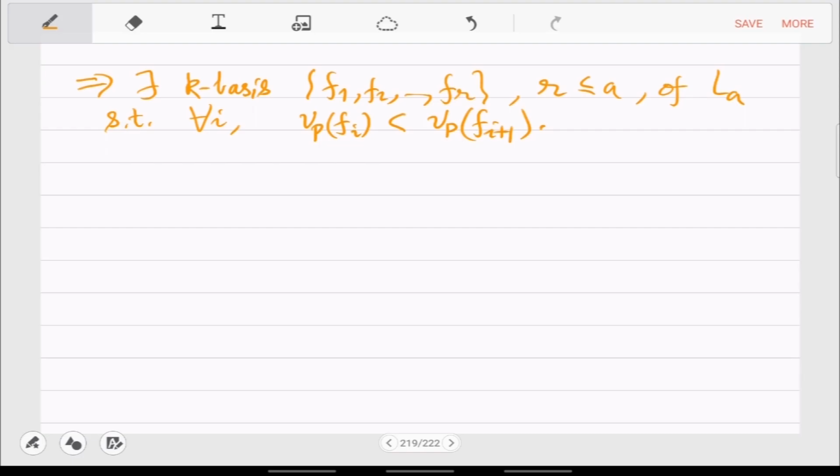This is possible because you just look at these 0 or cyclic quotient vector spaces,